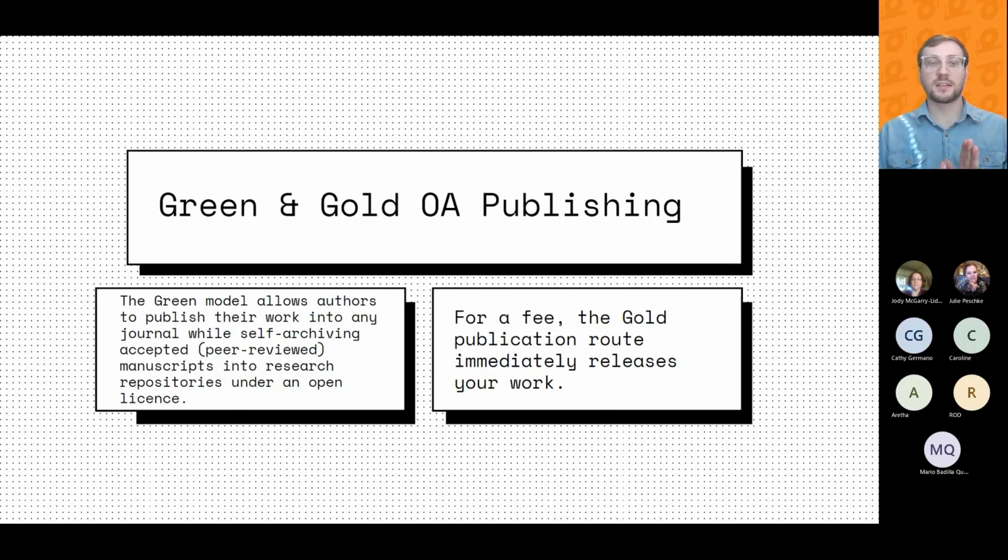There is a second option as well, the gold open access route. It removes all these barriers, for a little money, of course. If you pay article processing charges, called APCs, that immediately releases your work to a freely available open access journal, so it makes sure that your work can be discovered quickly and widely. The difference there is that you're paying and the work is immediately available in a journal specifically for open access articles.